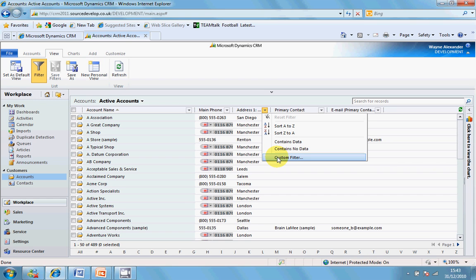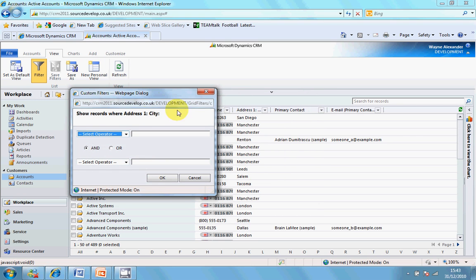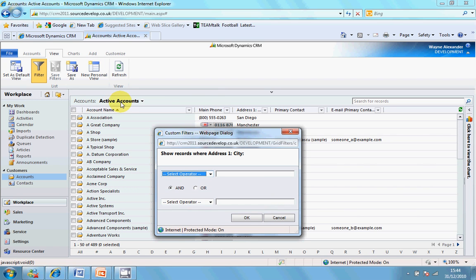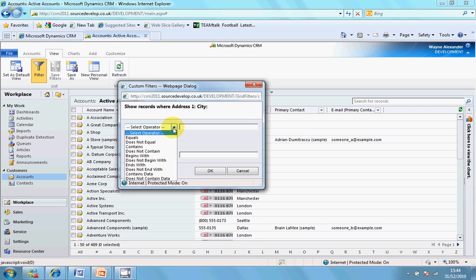So I'm going to click on custom filter, and if you're familiar with Advanced Find, then you will know this is taken from Advanced Find. Basically, what it allows you to do is filter based on the field address one city. So I'm going to tell the system to look for active accounts. We know it's looking for active accounts because we're still in the active accounts view, but what I'm going to do here is say where the address one city equals to